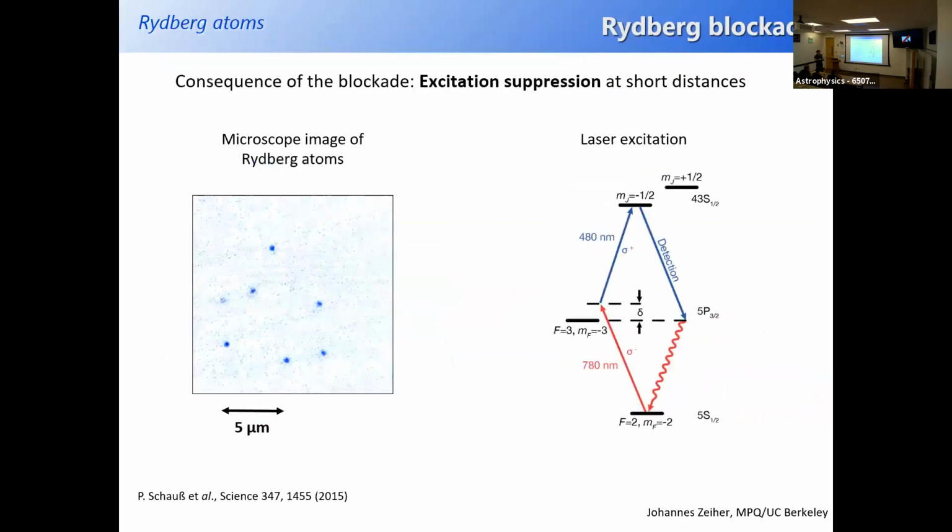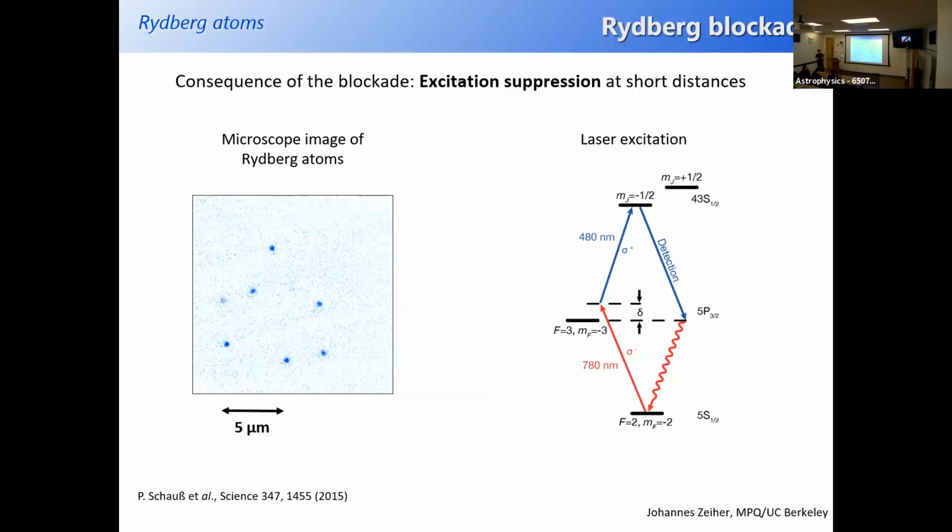So we can prepare a bunch of atoms in the ground state, and then we just excite them with 2 photons. We need 2 photons to overcome the large energy difference between the ground and the Rydberg state. And then after some time, we can actually detect them by just depumping them back to the ground state. And what we see is a bunch of atoms that we know were in the Rydberg state before. And actually, in order to get such a picture, while the atoms are in the Rydberg state, we have to get rid of all of the remaining ground state atoms.